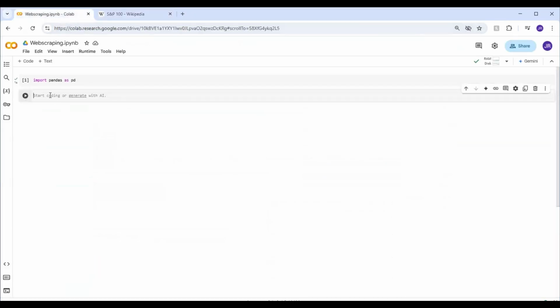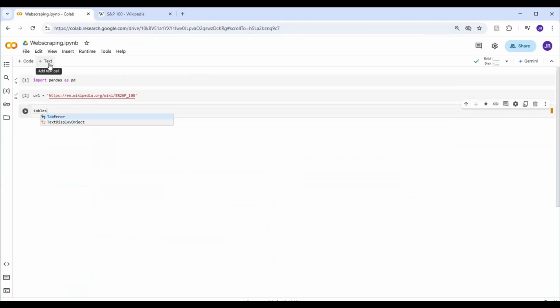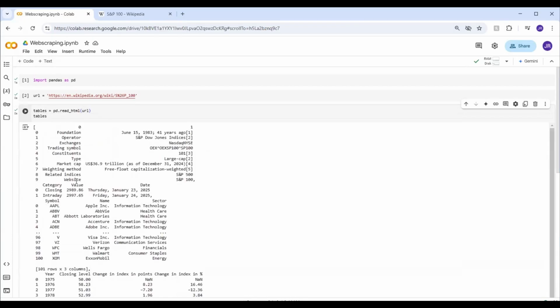We can come back to our script, and we're going to define our URL. Now in quotes, we can paste that link and save it within this URL variable. We can come down and define tables as pd.read_html(url). Once we enter this, we can run it. To view that tables variable, we can just retype tables, and now you can see we have all that data